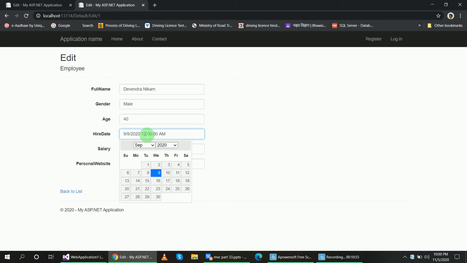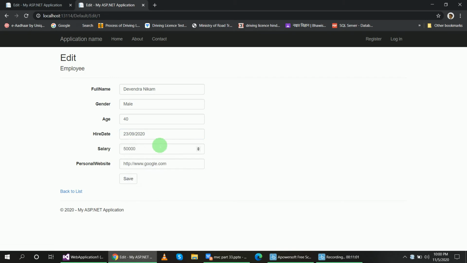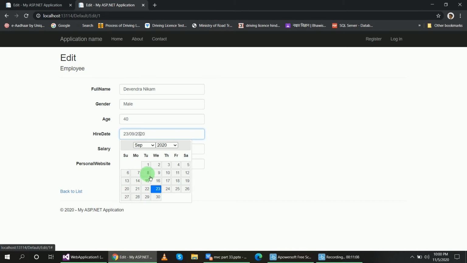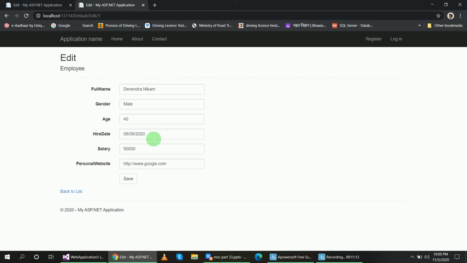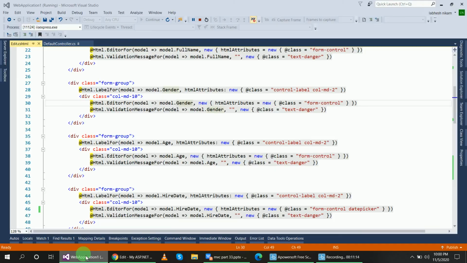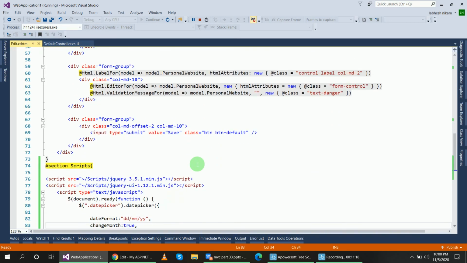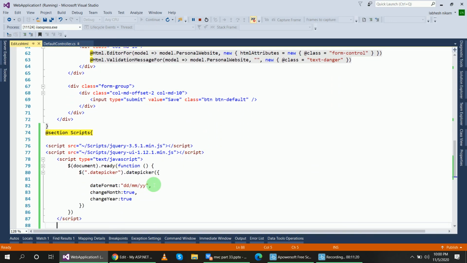When I click on this, I can add the calendar, and this is my setting of dd/mm/yy. So suppose 8 September 2020, then 08/09/2020. If you want to change the format of the date, you can change it from here.